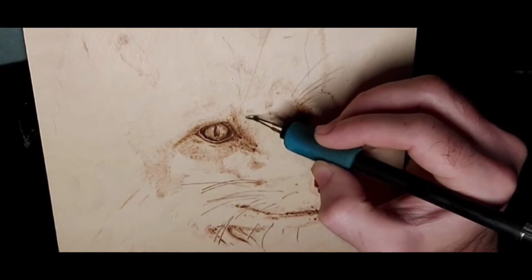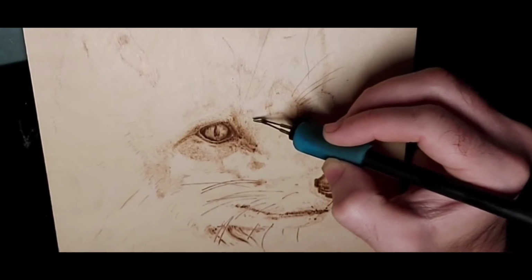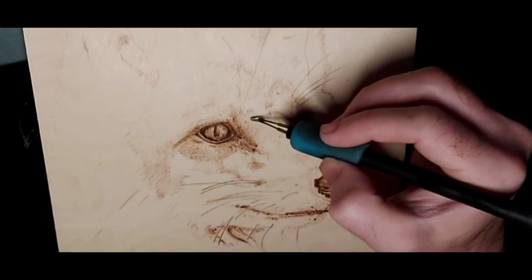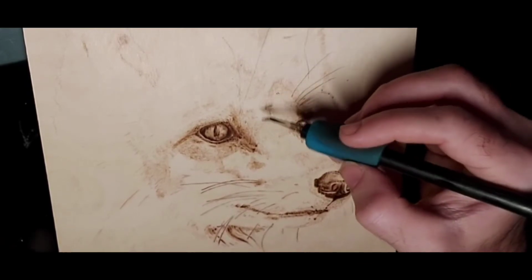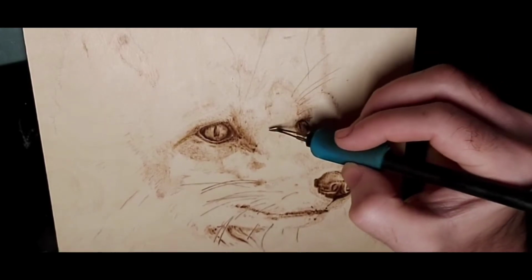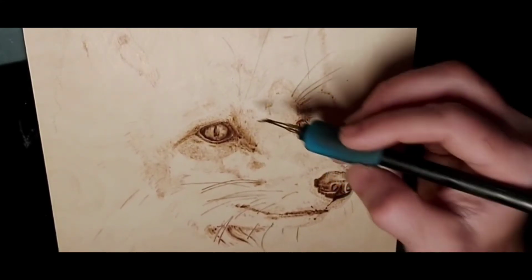Today I wanted to have a little look and talk about layering. Now, many new pyrographers may not have heard of this term of layering, and I just wanted to give you a brief oversight of what layering is when we're doing pyrography work. When we're trying to capture realism with, say, we've got a fox here that I'm working on,